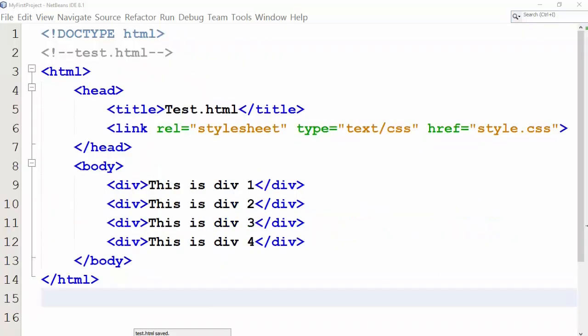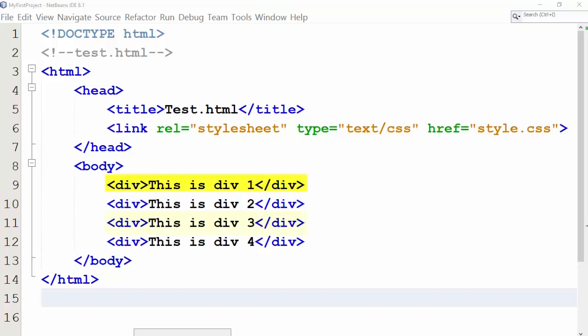You will see that we have added 4 divisions. We are adding unique text in each division. This will help us identify the divs we have created. Remember, we have linked this file with the style sheet, but because we are not using ID on any of these divs, the ID selector styling that we defined in the previous lesson will not be applicable on any of these divs. Only the styling defined in the div selector will be applicable on these divs.